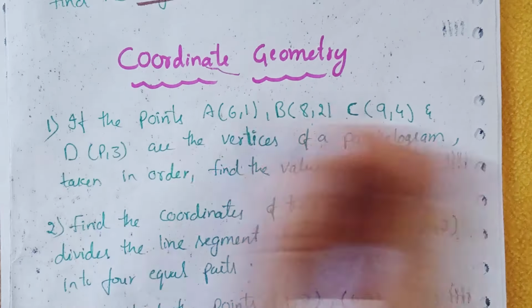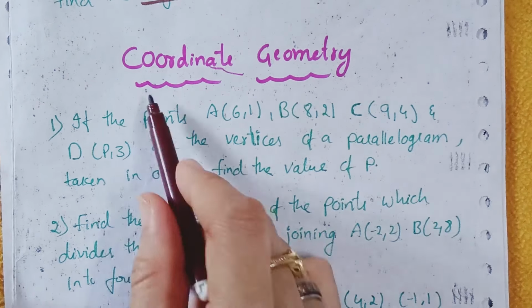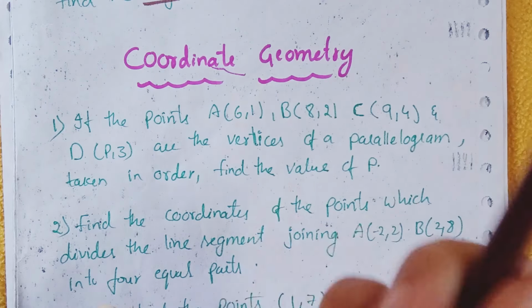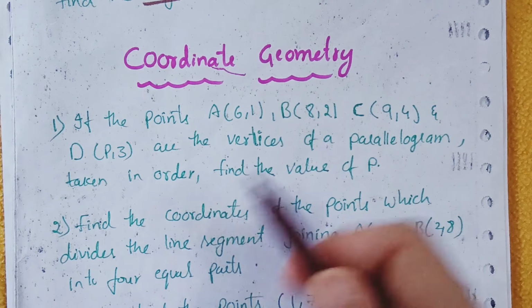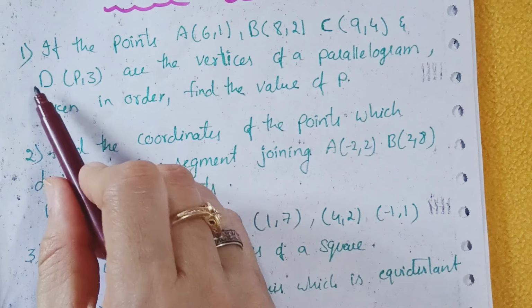Got it, guys? Let's move on to the next chapter, that is coordinate geometry. Here this chapter is very easy, guys. From this chapter you have to get the full marks. This is the bonus chapter. Let's see. So the first question is,